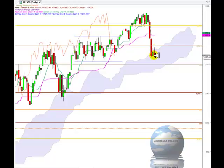The close of today's candle is below the previous day's close, so that's telling us that the sellers are keen, and the sellers have also closed the market down near the lows, so they're showing some commitment, and they were in control when the market closed. So the buyers attempted to take control of this market as they traded up towards the highs, and the sellers came in and took control away from the buyers, and the buyers lost commitment throughout the trading day. That doesn't really look too good for a change of trend to the upside,